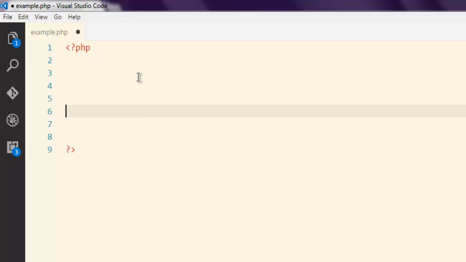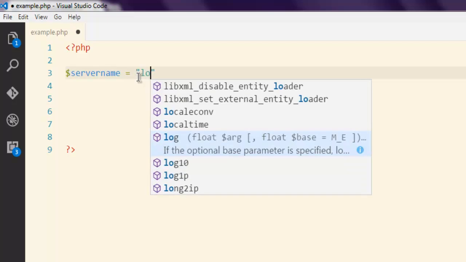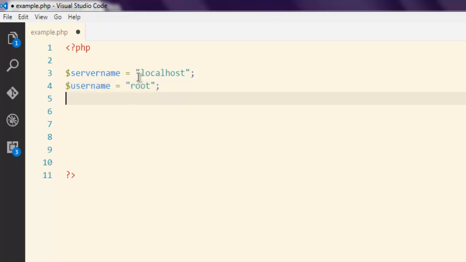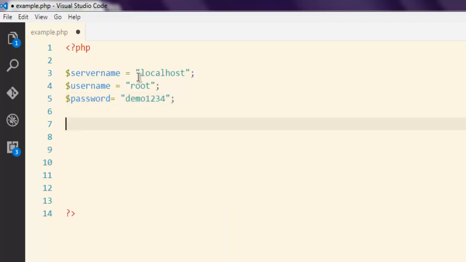Now here we are going to start by creating our details for localhost, then username, where I have root, then I want to have a password such as demo 1234. Okay, next thing I want to do is